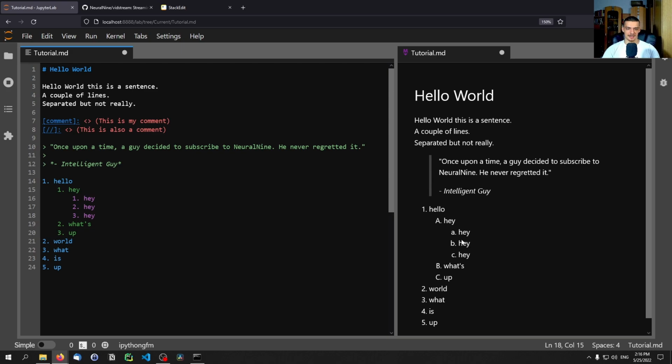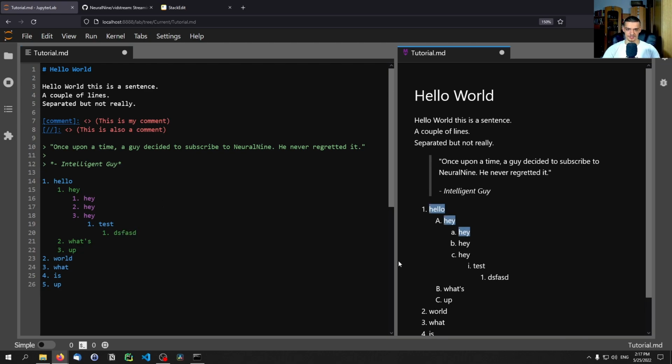and if I do it a couple of times here, you can see that we also get ABC, and a bunch of times, I think it can come up with one more. Test. Okay, now it says I, and so on, and then I think it starts recycling it once again. Okay. So that's the basic idea, and of course we can also combine them, so I can add stars here,